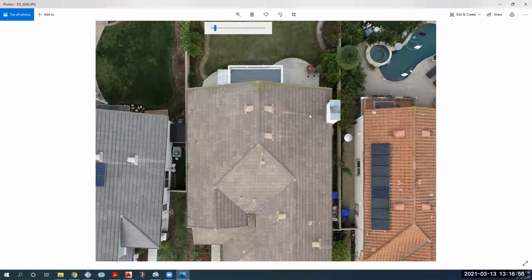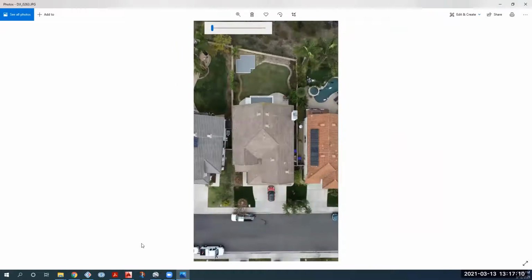You can't really put a panel here because it won't generate anything. So we have to make sure that we are clear from obstructions and we are away from these tall chimneys and trees when we are drafting. But most of the time, as I said, we have